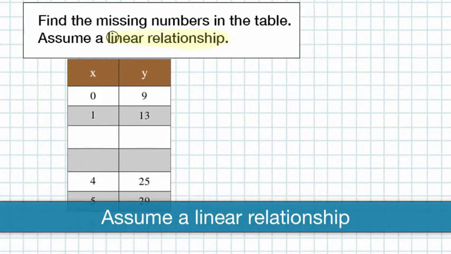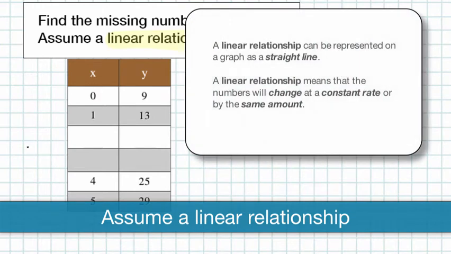A linear relationship. Now, what does it mean to assume a linear relationship? Well, later in your algebra studies, you'll learn that a linear relationship is a straight line when graphed. But for this lesson, let's just go with a linear relationship. It means that the numbers will change at a constant rate, or another way to state that, they will change